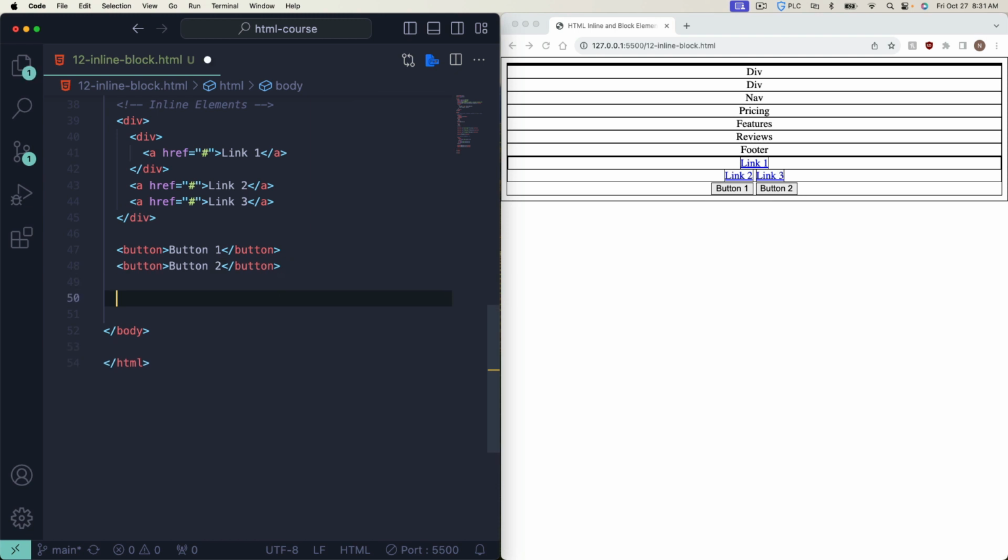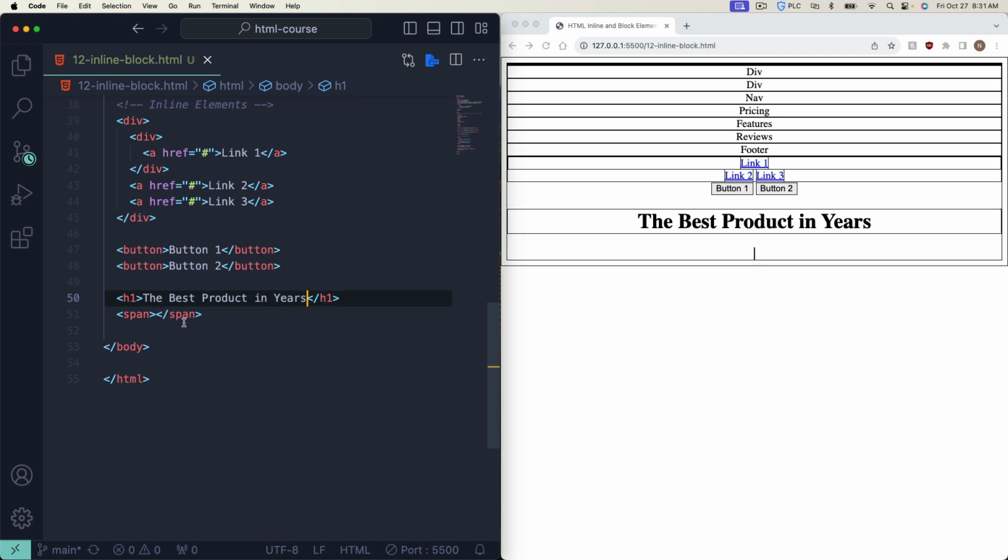Another popular one that you'll be using is span. So what a span is, it allows you to put certain elements or content in here, and I use them if I just want to style one piece of content with CSS. So here's an example of that. I recently built a design where I had an H1 and it had text like, what was it? It was like the best product in years. It was some kind of generic text like that. But then within the design, I think the word best was a different color than the rest of the text. So I wrapped it in a span